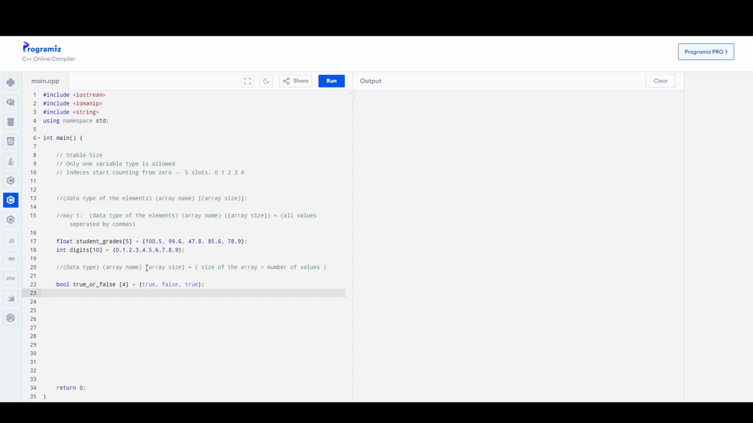So there's no need to worry that you have fewer values than you specify. And sometimes it's actually better if you don't know all the values. So again, let's say we have an integer array digits and we have 10 digits and we just put 0, 1, 2, 3, and 4, and we don't fill out the rest. That's completely fine. And then let's look at the last way. Let's delete these two examples. Way 2,